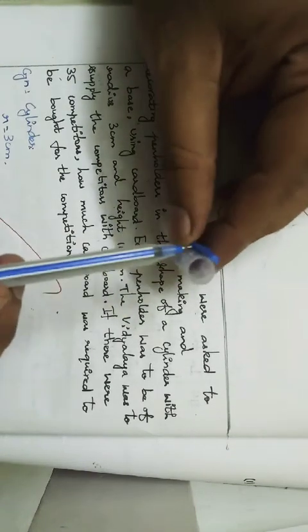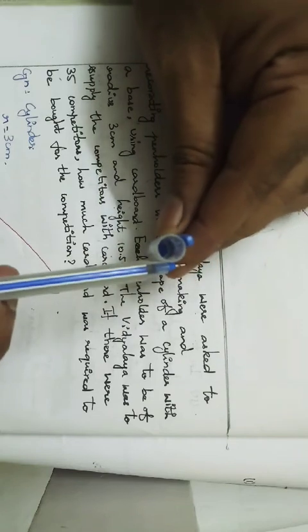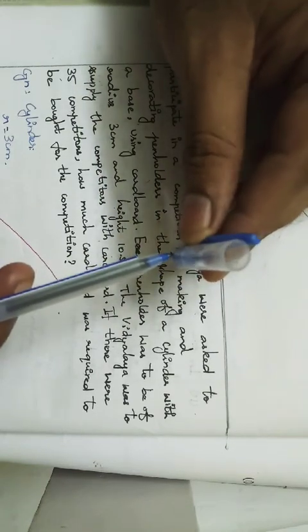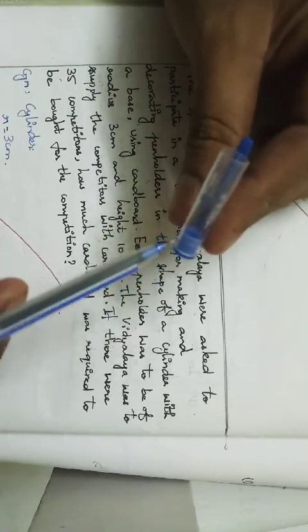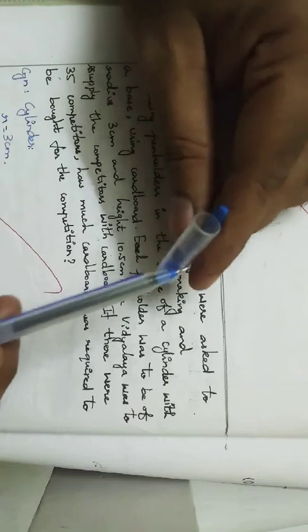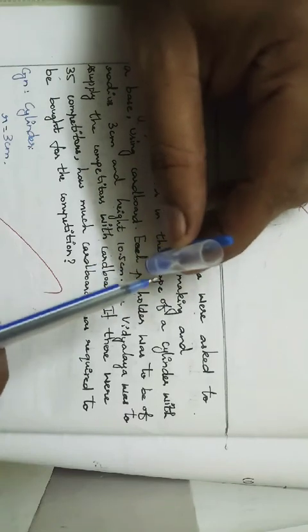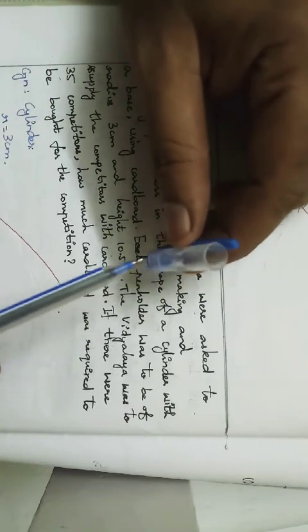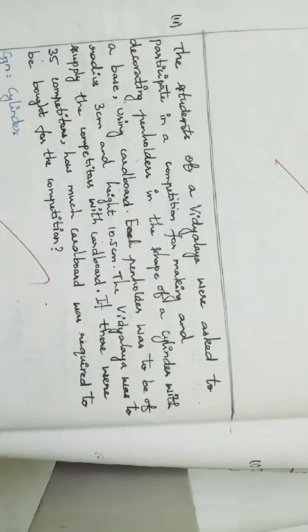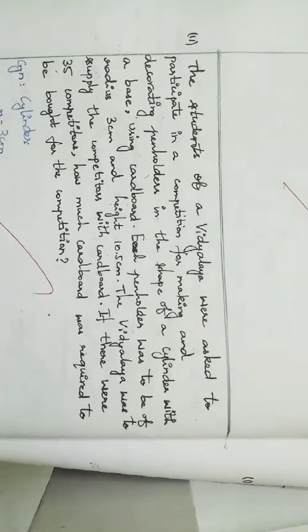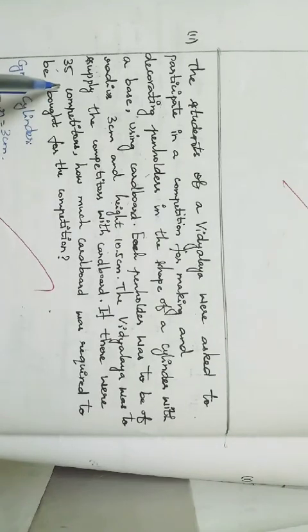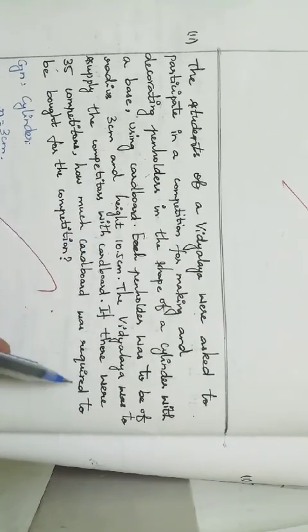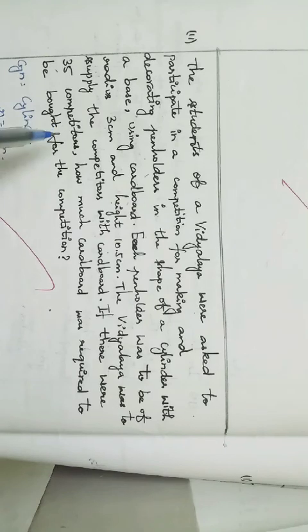What is the formula for the curved surface area of a cylinder? 2 pi r h plus pi r square. What is the shape of the base? Circle. Area of a circle, pi r square. So 2 pi r h plus pi r square is the surface area of cardboard for one competitor. After finding the surface area for one competitor, multiply by 35, and we will get the total area of cardboard required for 35 competitors, right? Thank you.